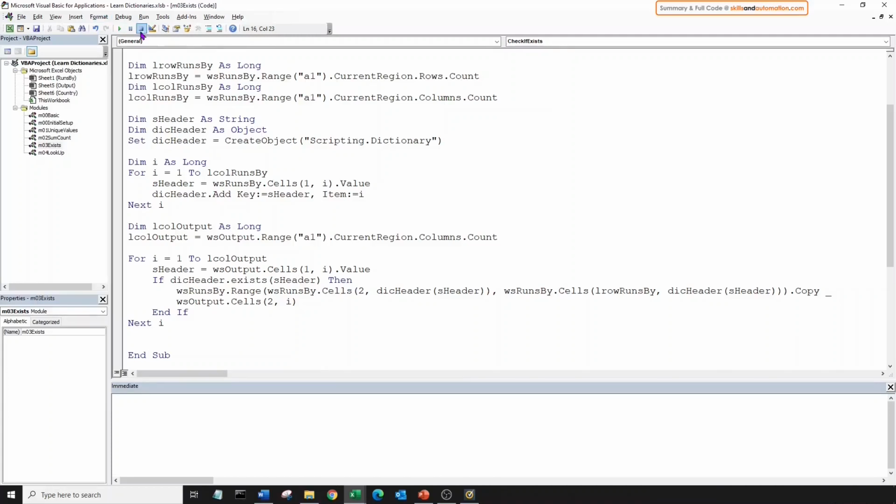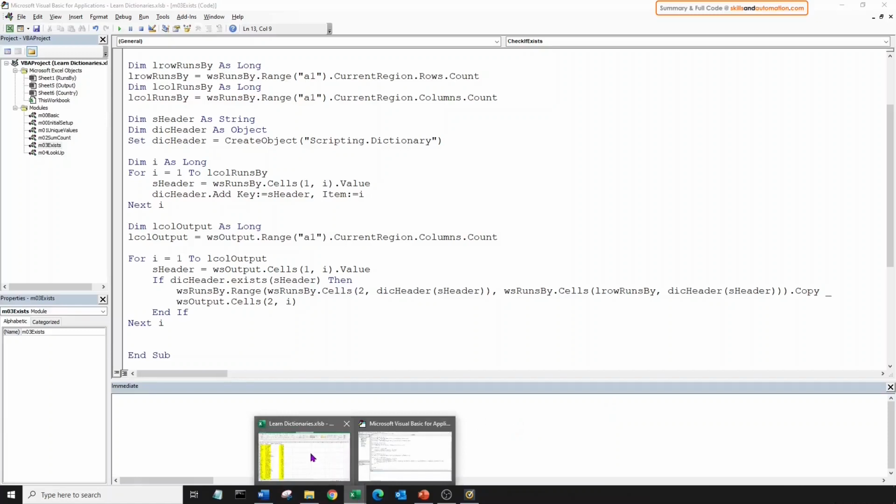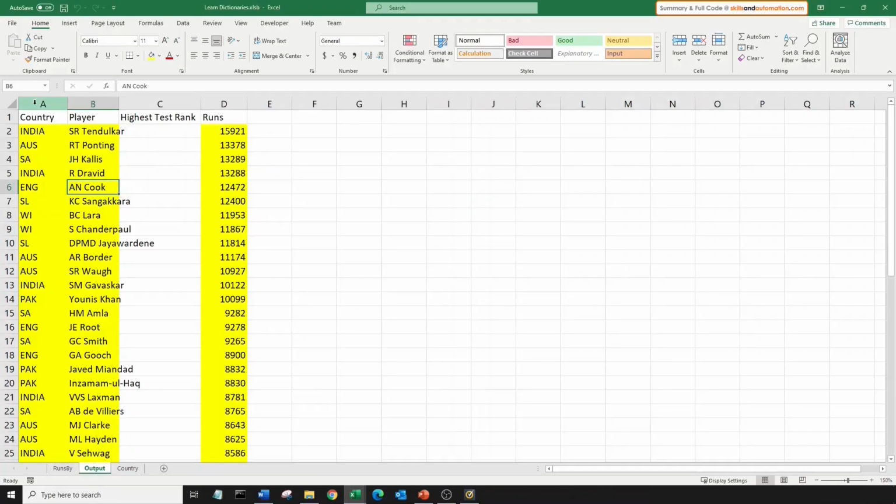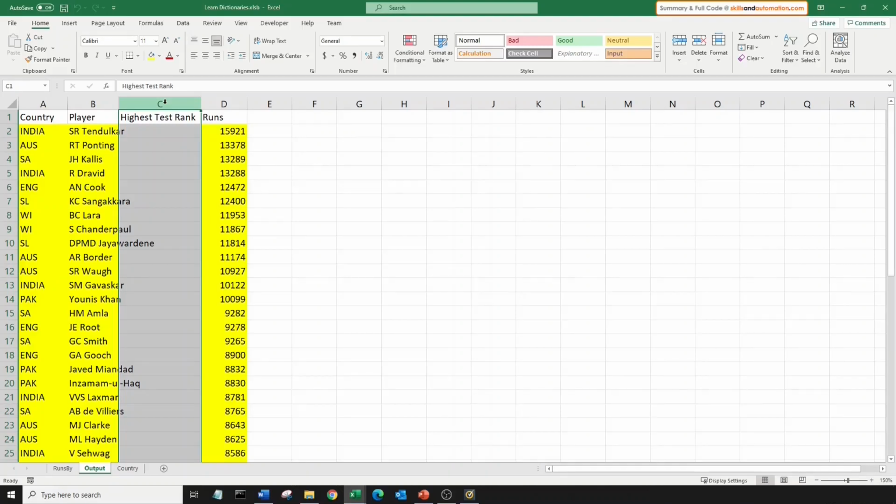Okay, let's give this a test run. Save, run, go to our output sheet. Awesome. The data has been pasted into the right columns, and we have no data in the column that we didn't want anything to get pasted into. This is probably the toughest example out of the 4 to wrap our heads around, but let's keep pushing forward and look at the next and final example.